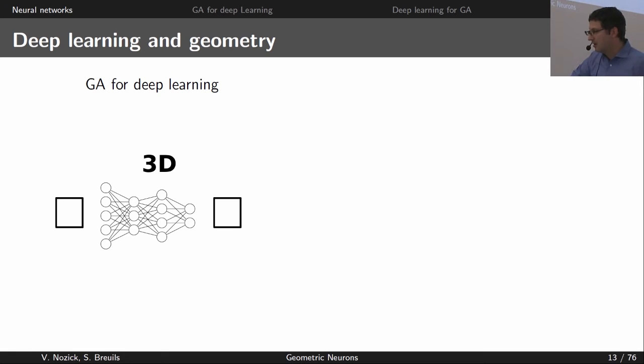Well, that was the introduction, and now I want to give a bit of an overview of the talk. Usually in the community, when we talk about deep learning and geometric algebra, we first think about how geometric algebra can help deep learning, or make deep learning a better tool. And this is super good. This is what I wrote here. When I wrote a square, it means you have any input. And when I wrote 3D, I wanted to write geometric algebra or geometry, but this was too big. So 3D means we want to use GA to do something and get another result. So that's one possibility. However, there's something else I think is interesting.